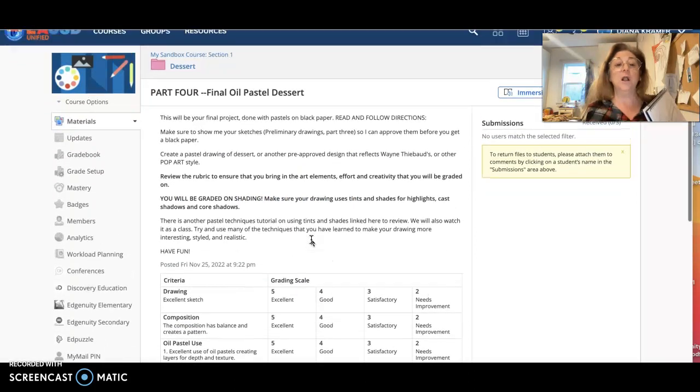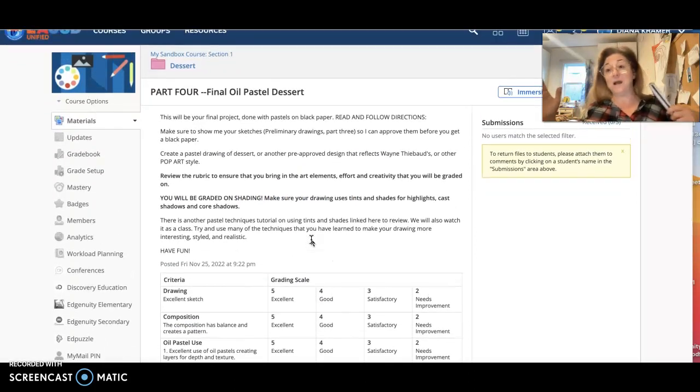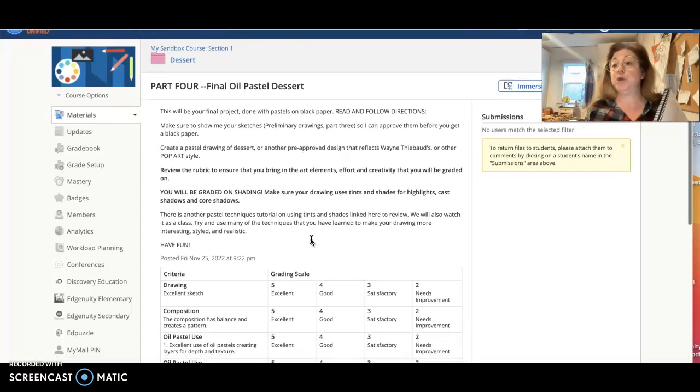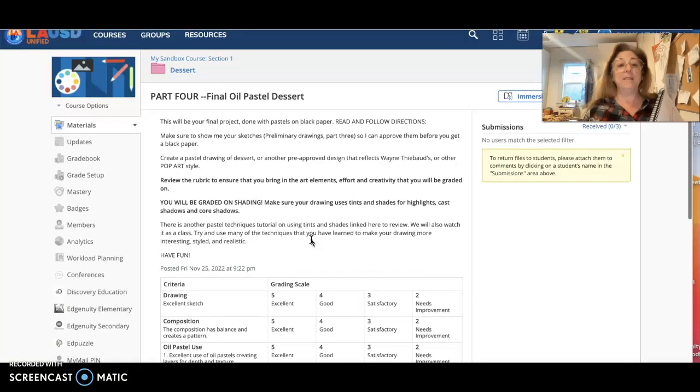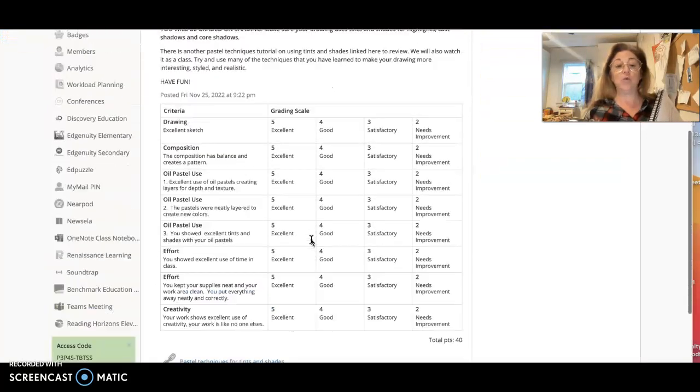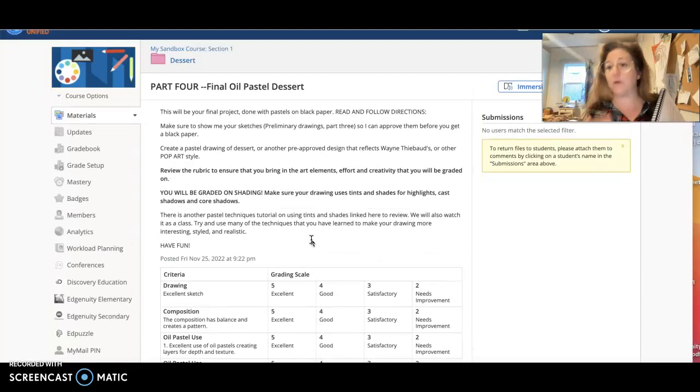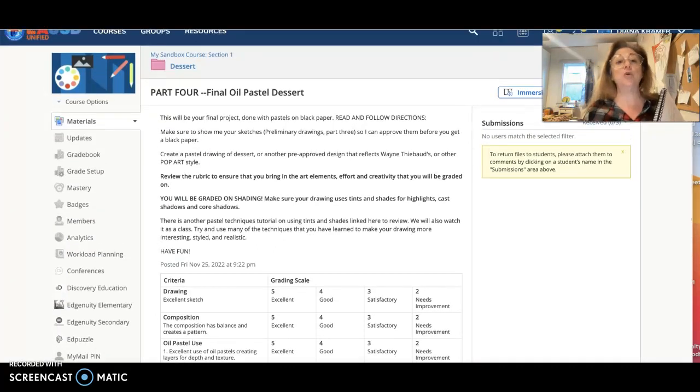So take a look here. It's going to be on a larger sheet of paper. I think those papers are 18 by 24, so that's the biggest you've worked on yet, but that's okay, you can do it. And the reason we also did those first drawings was so that if you don't feel comfortable drawing any old dessert, you already know how to draw a cupcake. They're really easy. Let me show you, and here we've got a rubric. You can look this over, and I'll of course be around to answer questions,